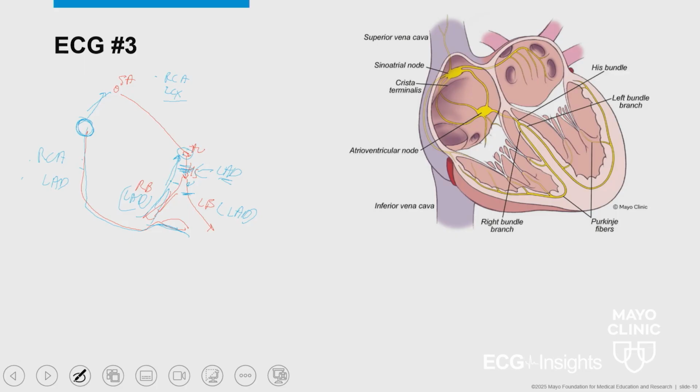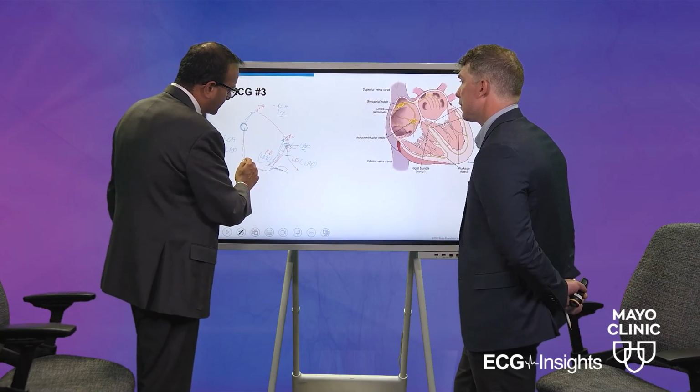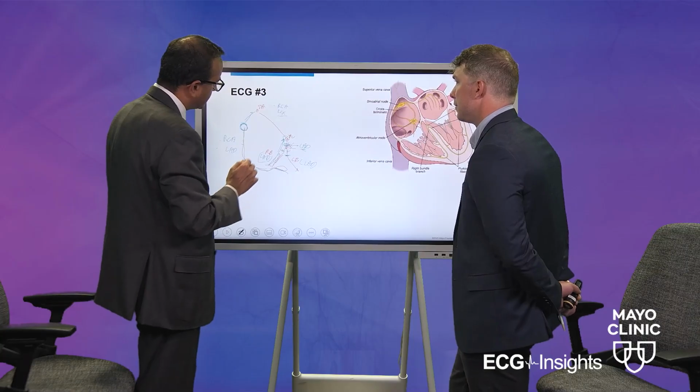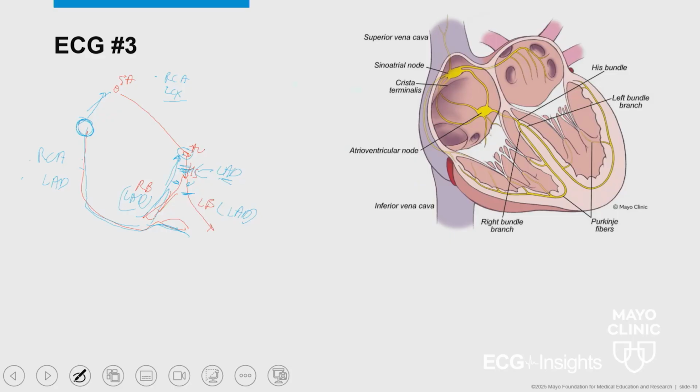It's also not uncommon to get right bundle branch block in patients with anterior wall MI and LAD territory infarct, because the LAD also supplies the right bundle. So that's why if you get a new bundle branch block in a setting with an MI, that cannot be from an inferior wall MI because the right coronary artery does not supply the bundle branches, but that's almost always because of the left anterior descending artery and the septal branches.